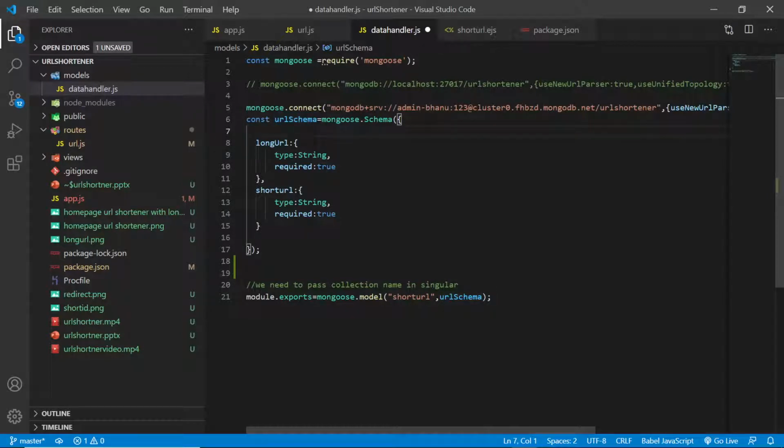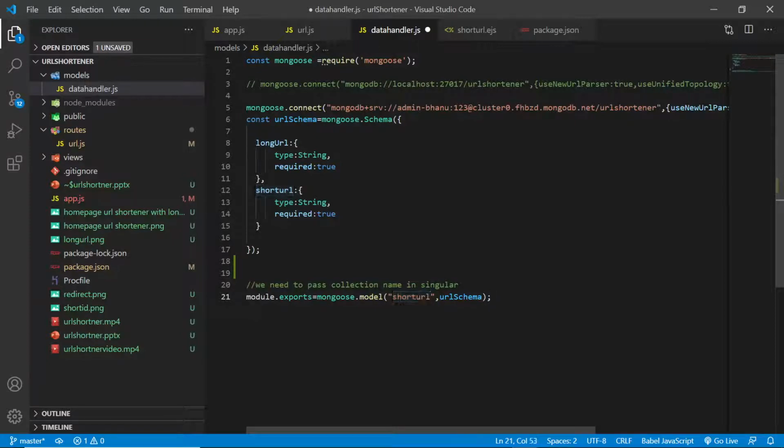We created a data structure for storing our data using this mongoose.model. Here we need to specify the collection name. Collection name is singular. Collection is like a table. Here this is specifying the documents or data structure for the document, using the schema. Now here we are creating the collection which is similar to the table in SQL.